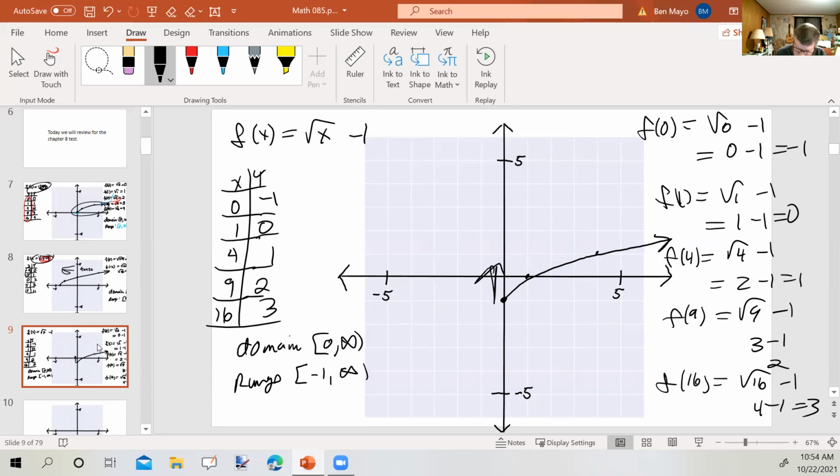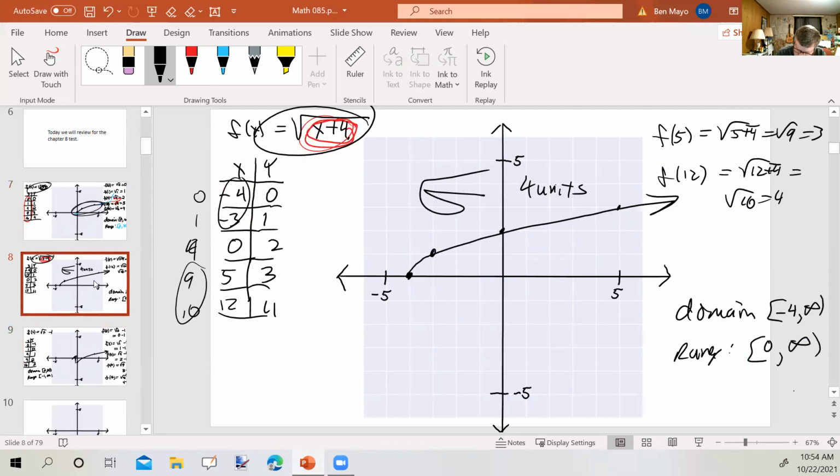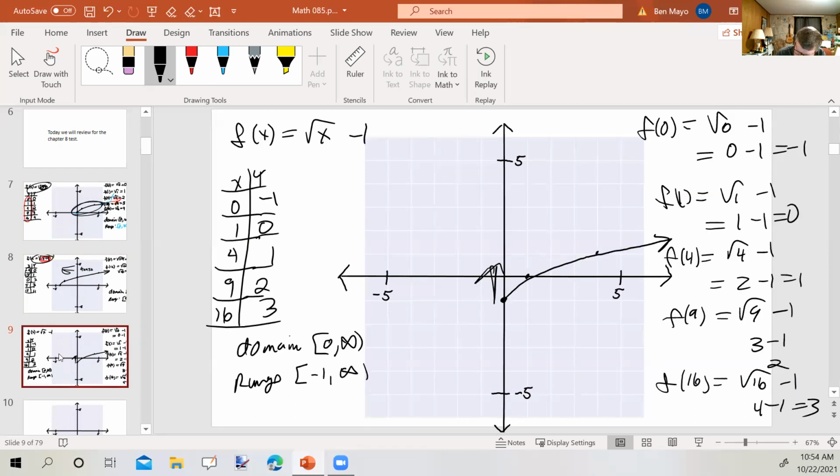Okay, now let's go back and look. So here we had this picture, right? This one shifted it 4 units to the left. This one shifted it down 1 unit. Okay. All right, now let's take a look at some